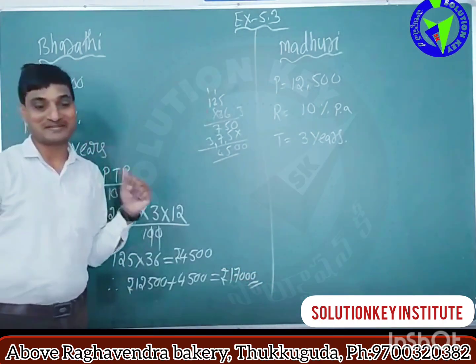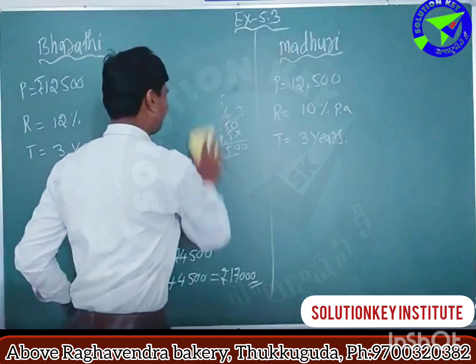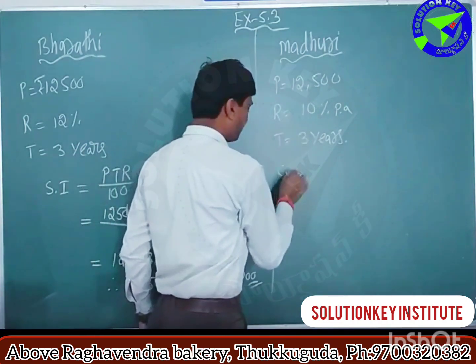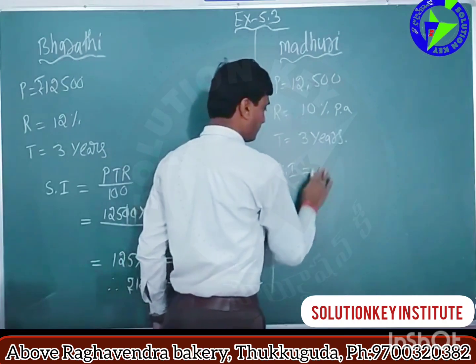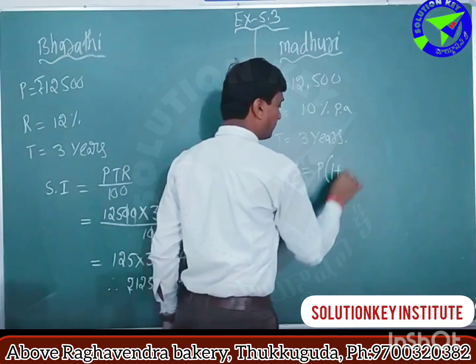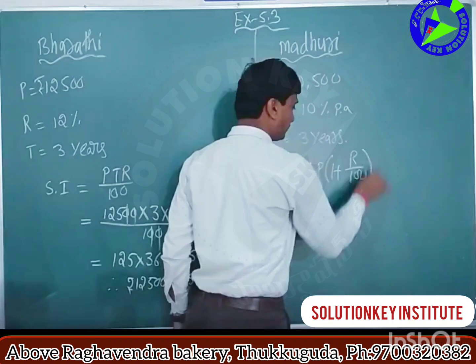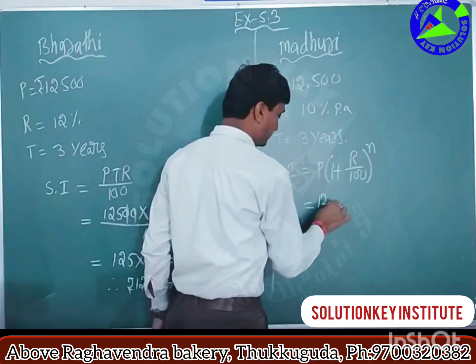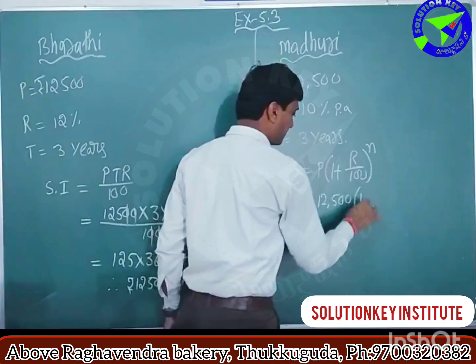Is it right? What is the formula? P into 1 plus R by 100 whole to the power of n. P 12,500. 1 plus R